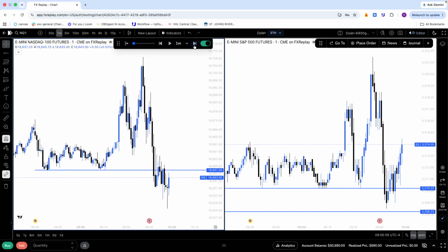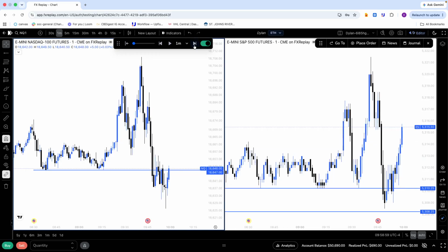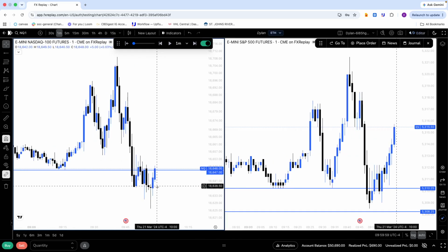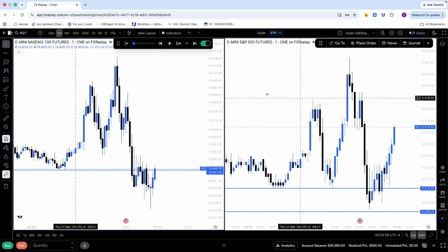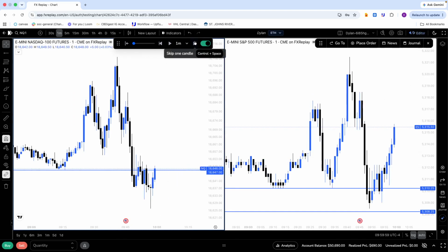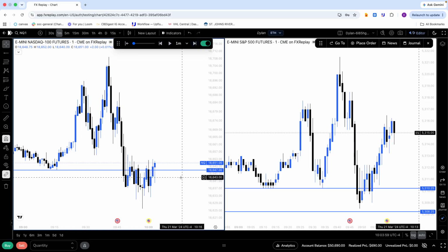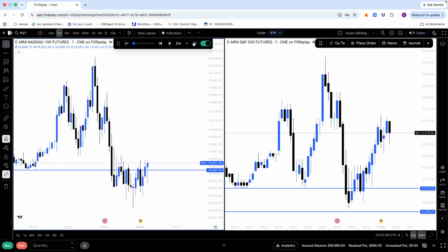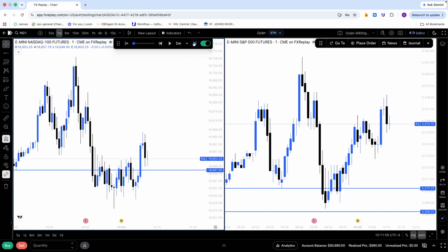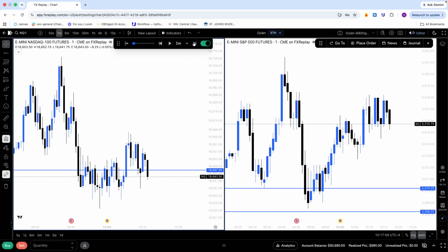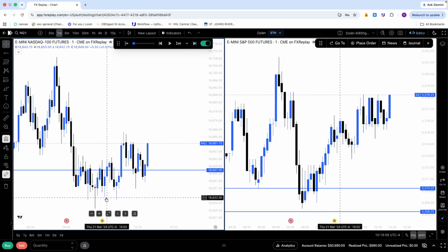Because honestly, I don't like the 15 seconds sometimes. I never have a good win rate on it, unless I'm really certain about the price. ES is already flushing through. NQ is going to follow now, hopefully. Bang. All right, I'm probably going to wait. Let's see what 10 o'clock generates.